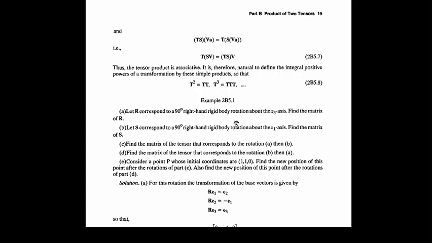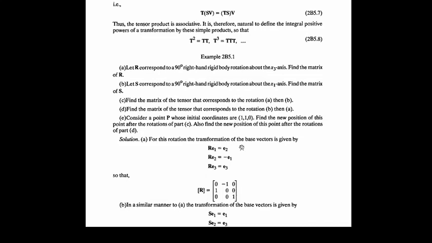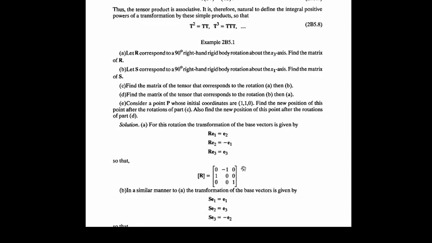So now you can write your matrix R, which is in the equation in the example 2b 2.3. R is cosine theta, sine theta, 0 as the first column; minus sine theta, cosine theta, 0 as the second column; and 0, 0, 1 as the third column. Now if you use theta equal to 90, then you will have this matrix 0, 0, minus 1 and plus 1. This is part A.